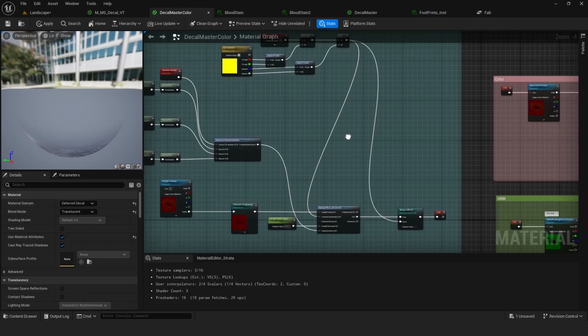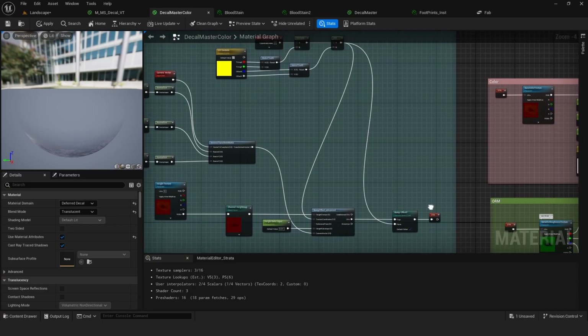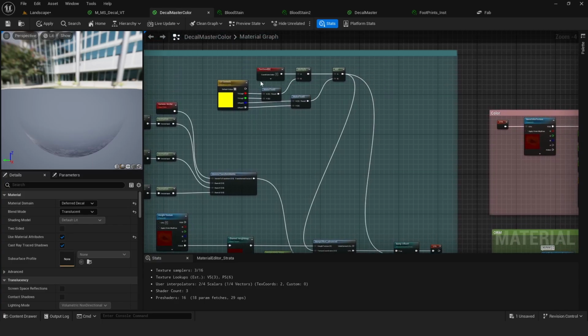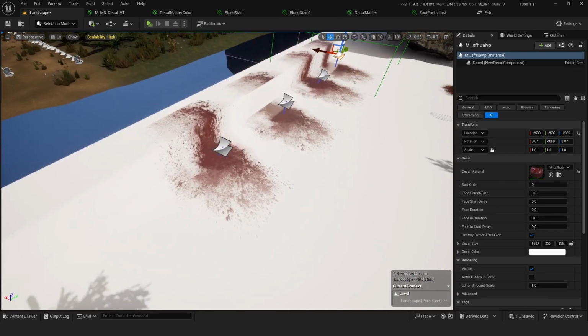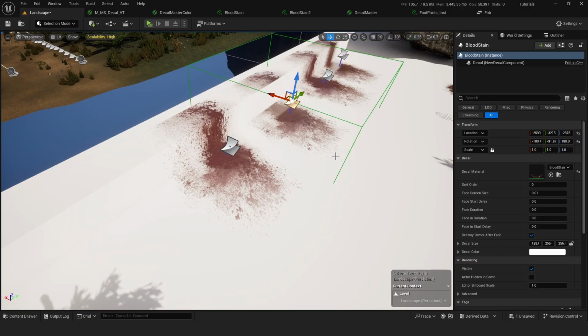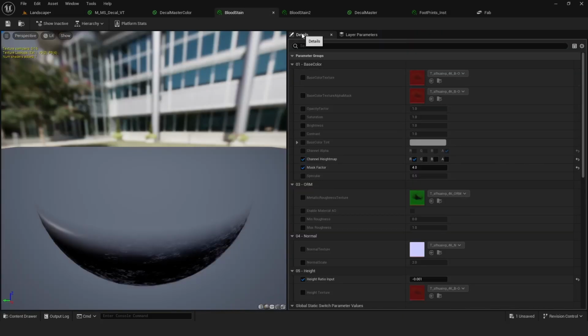And then this result is what we're going to plug into the false. So this will be the normal UVs of our decal. If we go to our landscape and let's get this one, and we change,